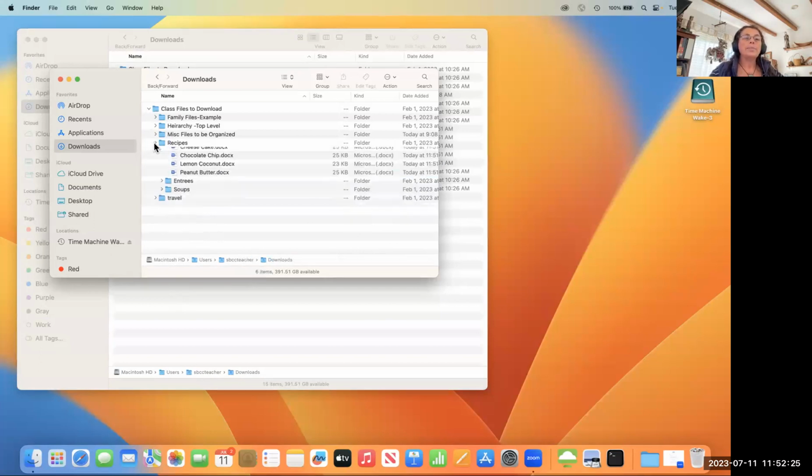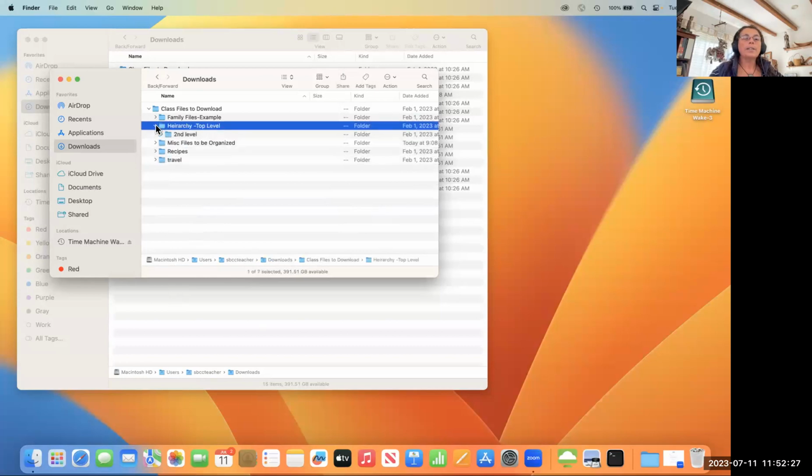One thing that's important is this hierarchy. So you can see that the first folder is my main folder, classes to download. Then the hierarchy is the next one. This is the next one. This is the next one. This is the next one. Like you can keep going inside and